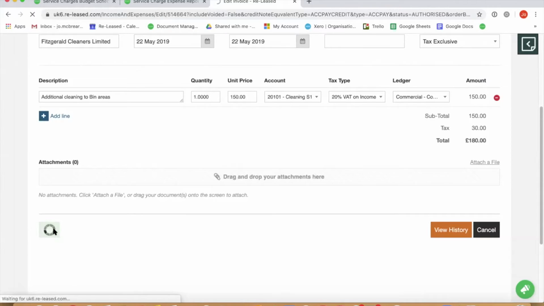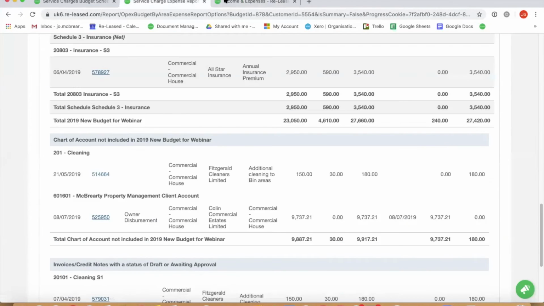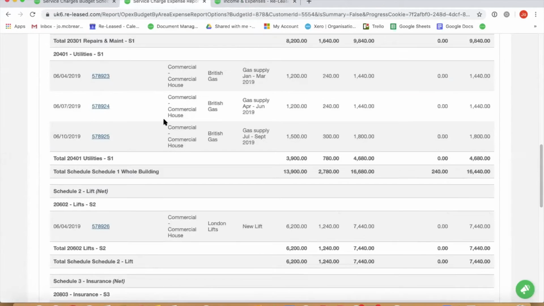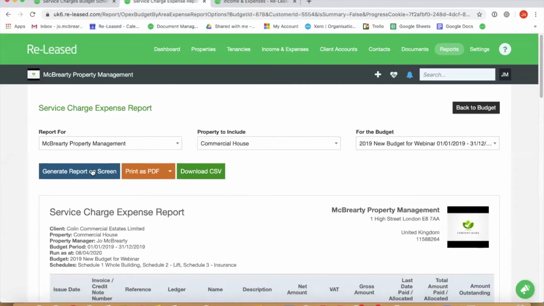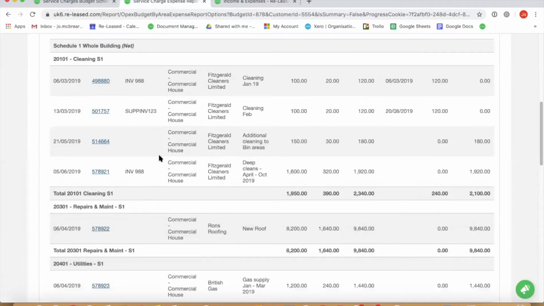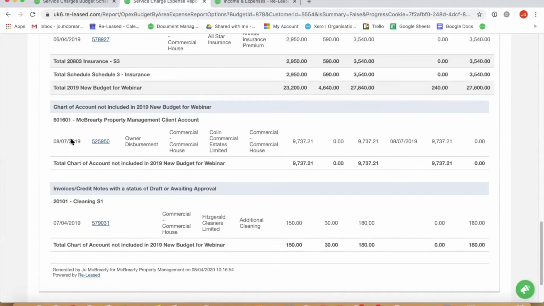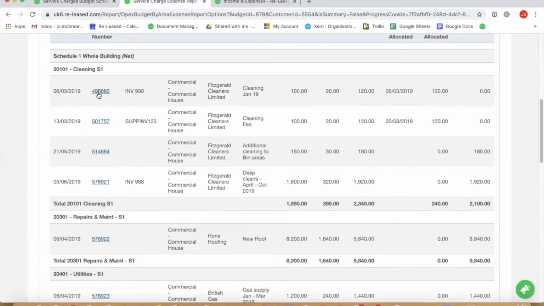So I'm going to recode this, and save my invoice. If I then come back to this report, and if I refresh the report, and if we go and have a look, we should see that it's now not down here. It's been put in our schedule 1 cleaning. We've now got 4 invoices. So you can see how easy it is to correct